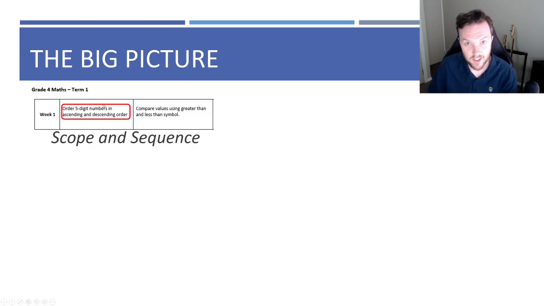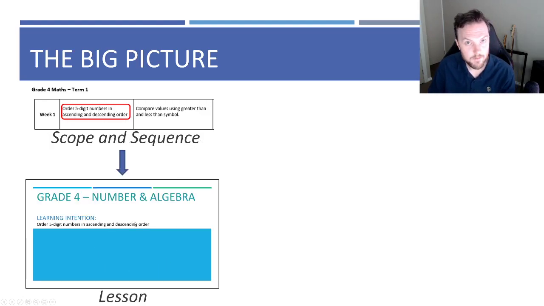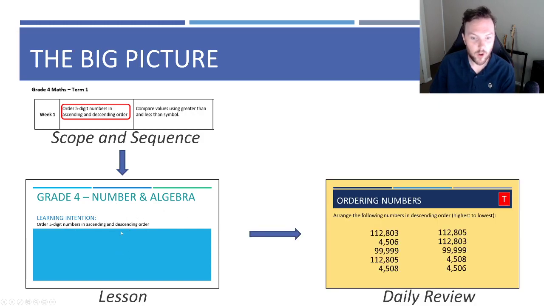And if I take this learning intention, so order 5-digit numbers in ascending and descending order, then I will take that and within our team, or with me, we'll create a lesson for it. All right, so that's just the title slide of the lesson. You can see grade 4 number and algebra, learning intention is the same as what's in our scope and sequence. Then from there, the slides and the ideas that are contained in the lesson will then form part of